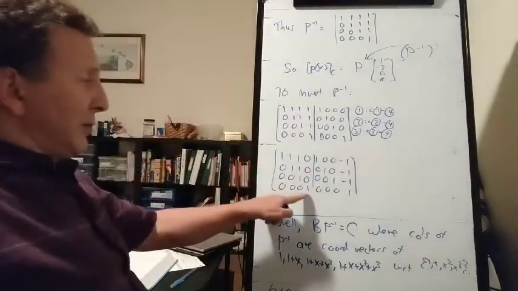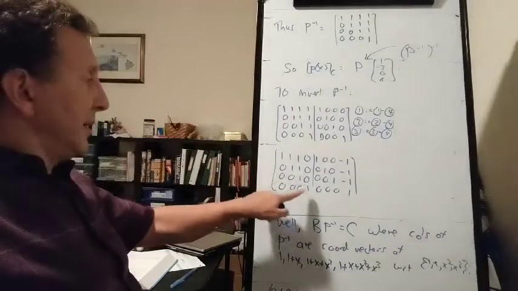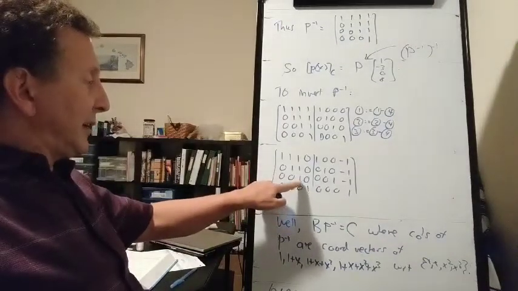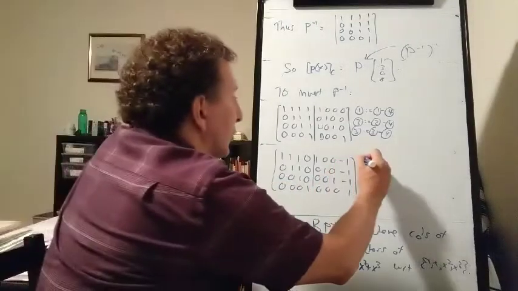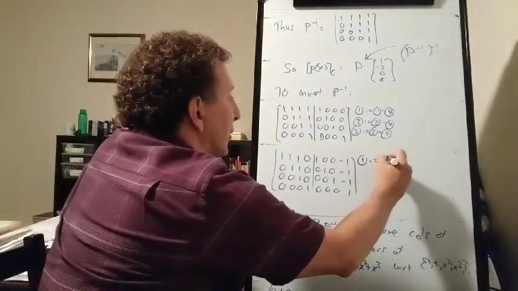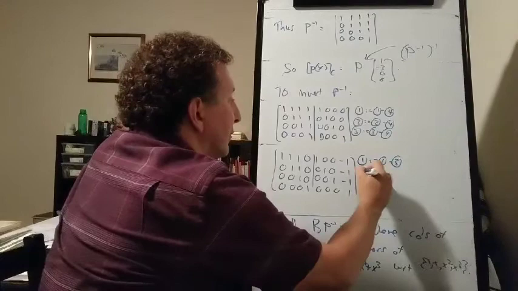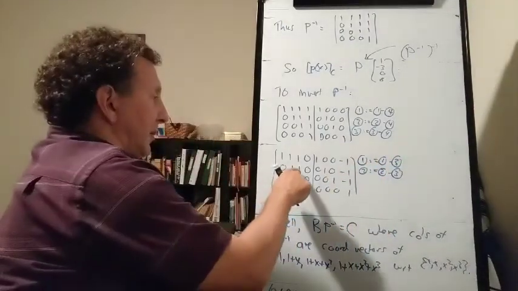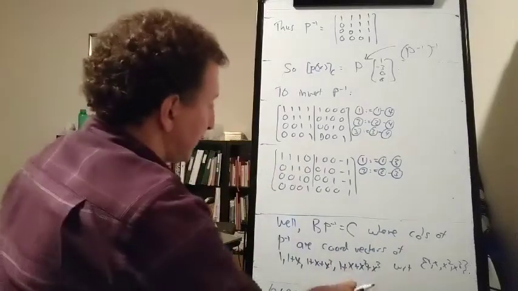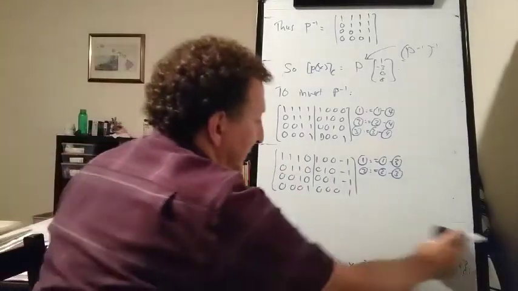Alright, so now we cleared out all the positions above the 1. And now we need to clear out all the positions above the 1 in position 3, 3. So row 1 becomes row 1 minus row 3. Row 2 becomes row 2 minus row 3. That'll clear out those two ones. And we get